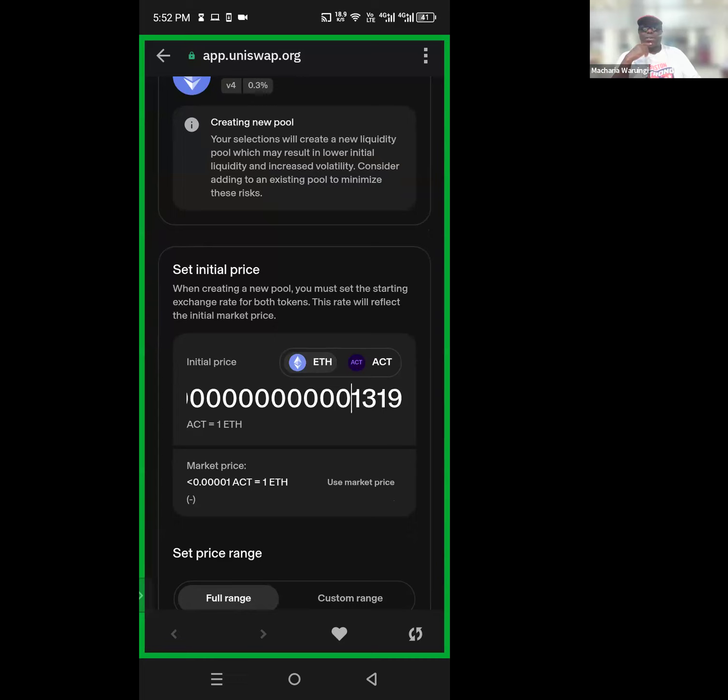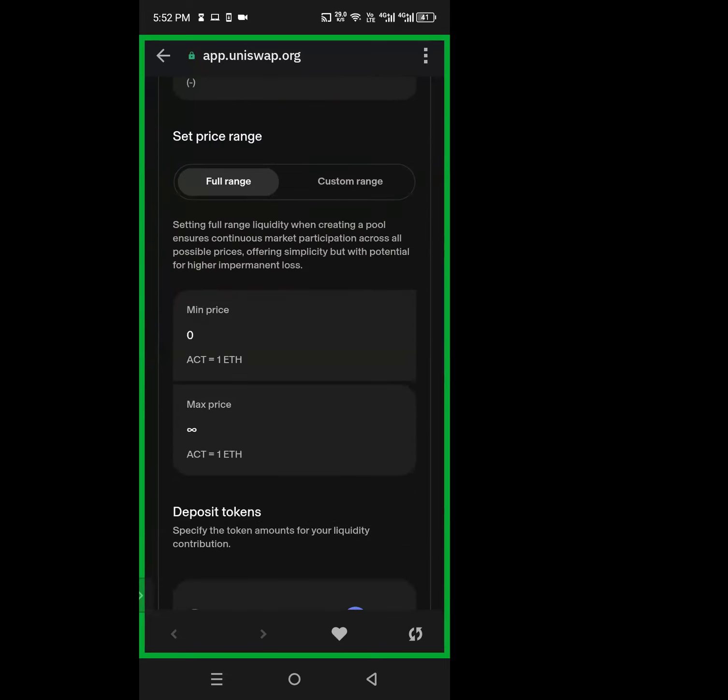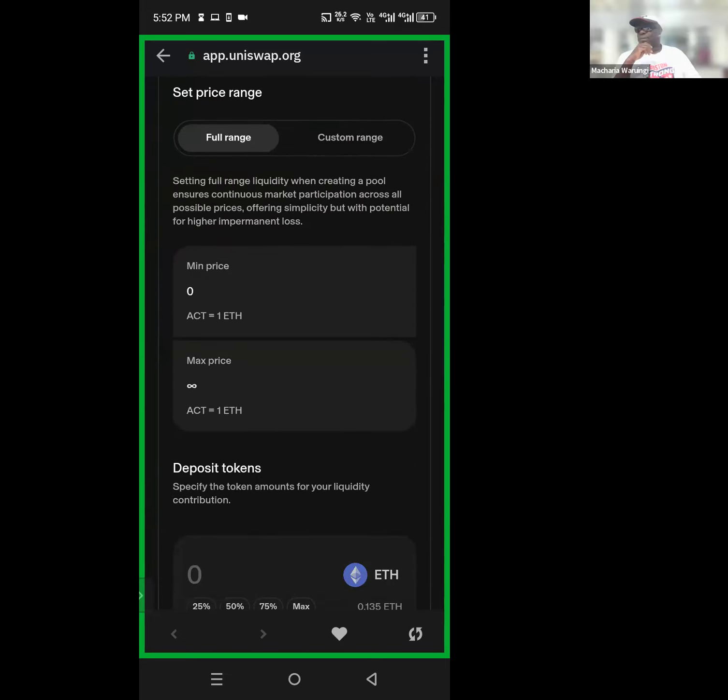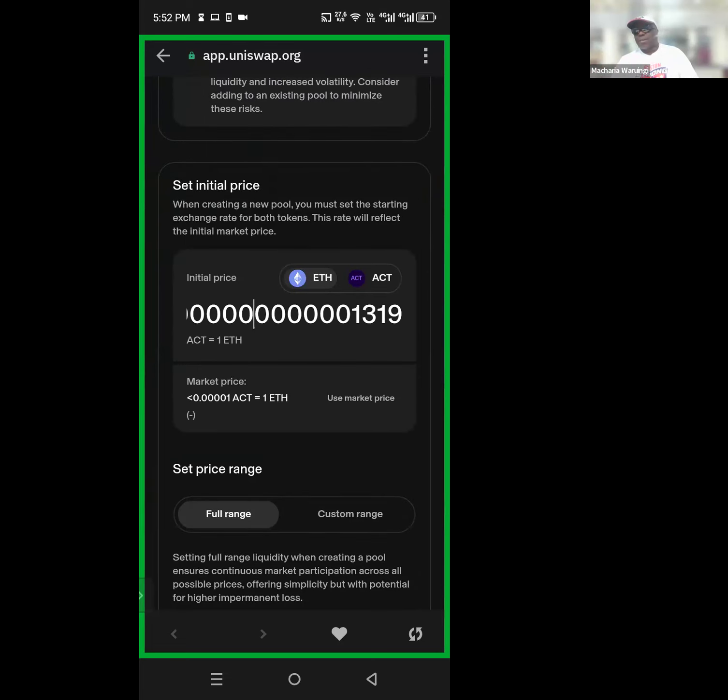That's being very ambitious. It's just taken 10 years for ETH to come to $3,000. We hope this one actually is going to be $3,000 maybe in a year or so. That's going to require very hard work, no doubt.